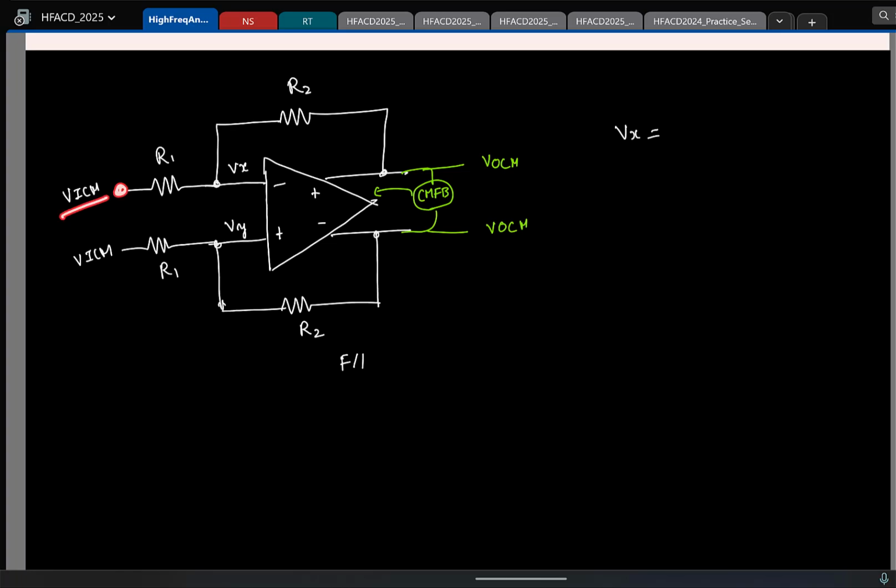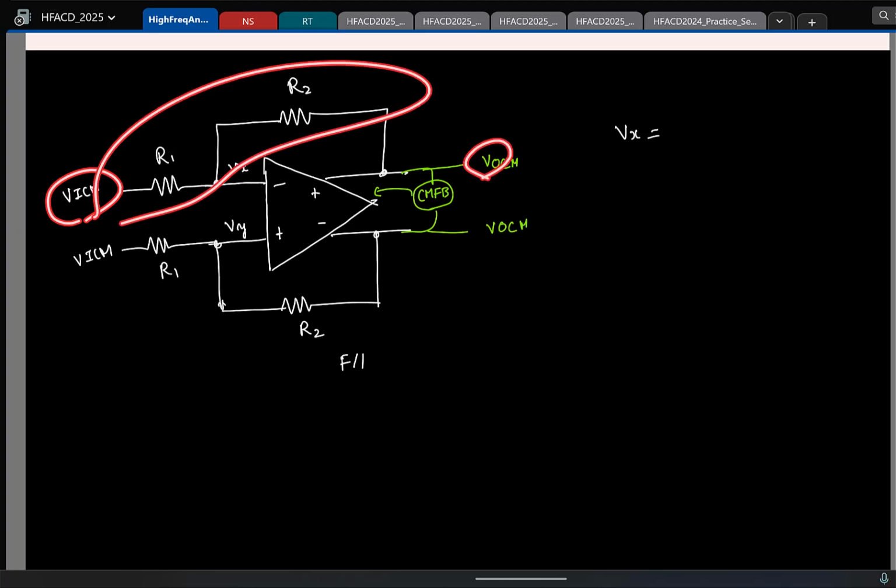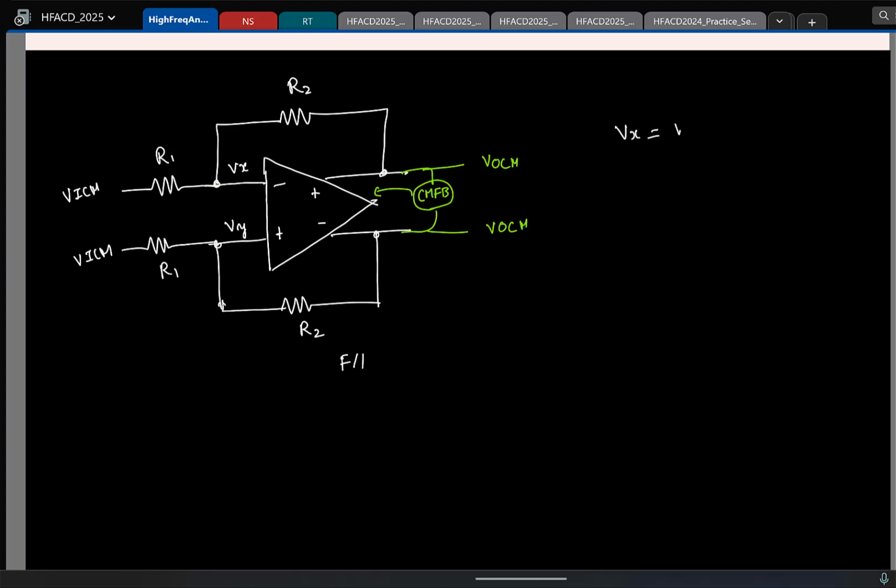This voltage is at VICM. This voltage is at VOCM. What will the intermediate voltage be? I have two inputs. It's a resistive divider. So VICM times R2 by R1 plus R2 plus VOCM times